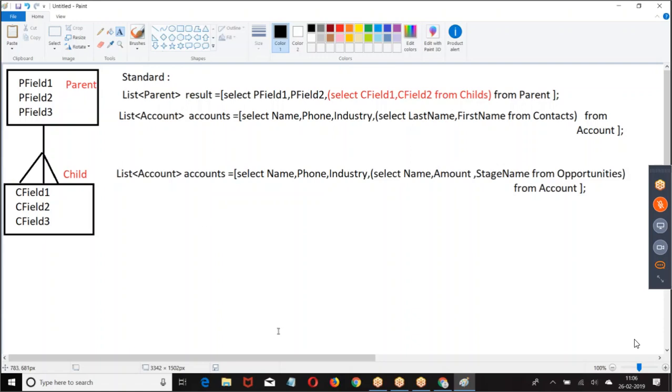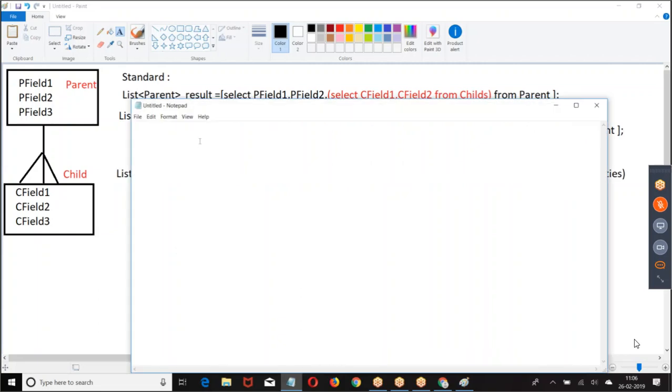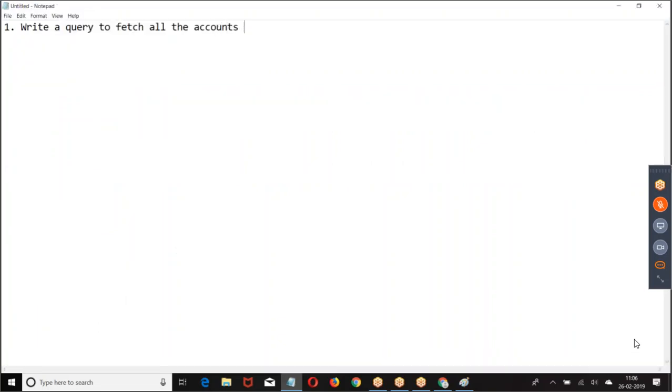Okay. Now let us take this example. Write a query to fetch all the accounts with the corresponding contacts.